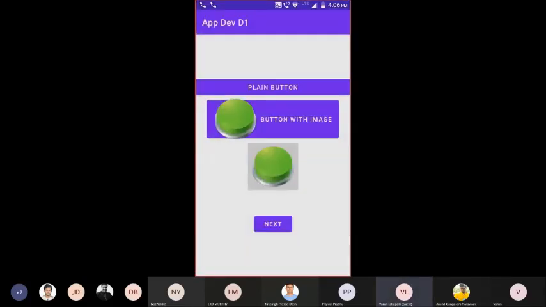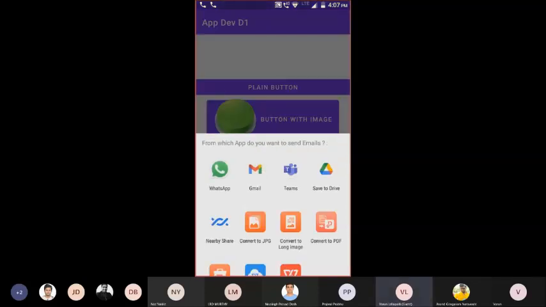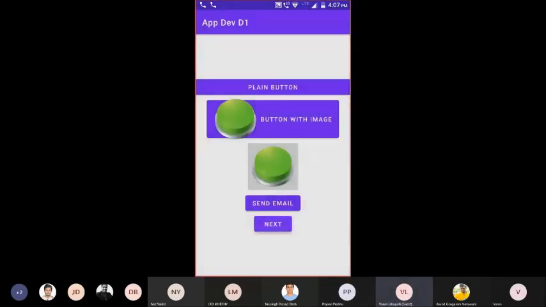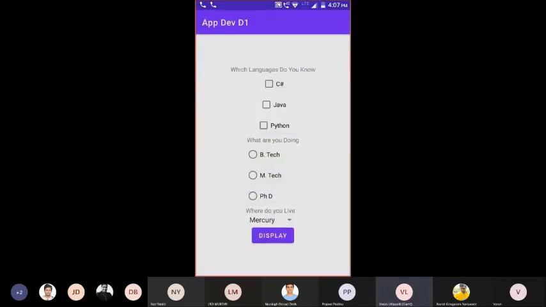If I click on next, it is completely opening a new activity or a new screen. How to do this we're going to learn, and how to show the snack bars, dealing with button visibilities and so on, and sending emails. These are just very small things, and we can easily finish it off. This is the UI components.